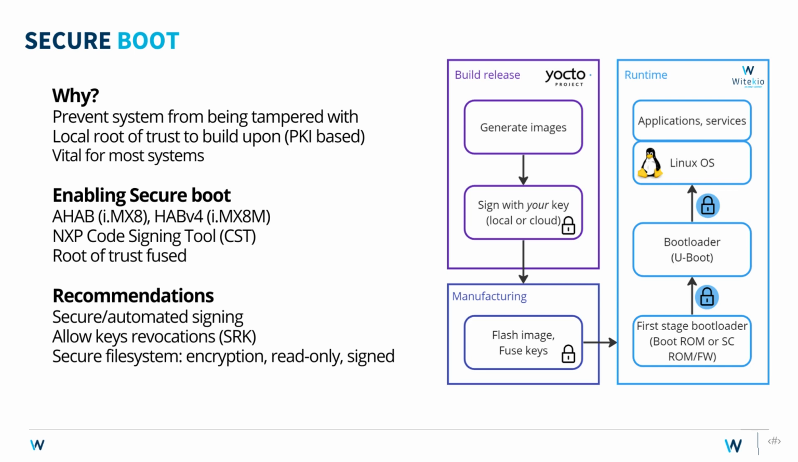NXP provides the CST, which lets you generate keys, sign your binaries, and generate the blobs and the image that you need to flash with the right signature. And that root of trust and those keys that you generate here, that's basically something that you'll flash on your device. So if we look, if I enable that pointer,